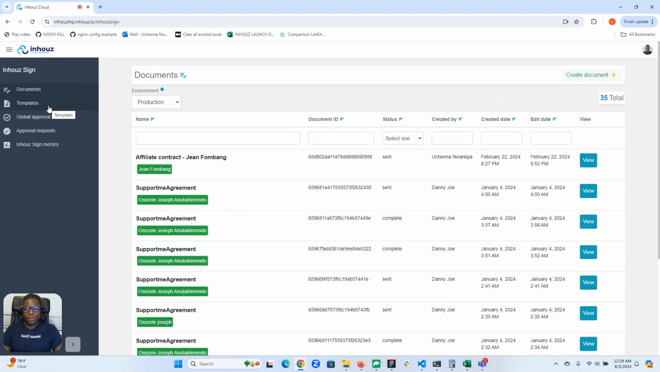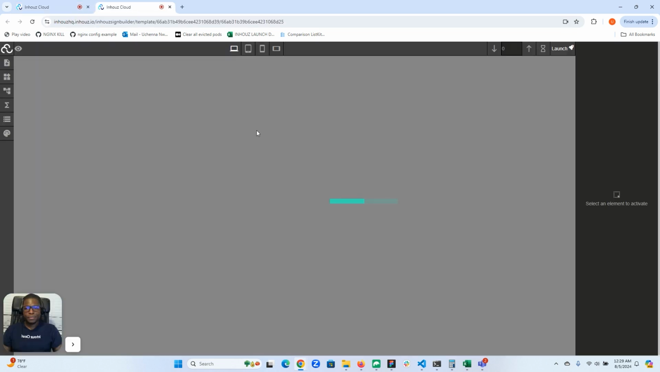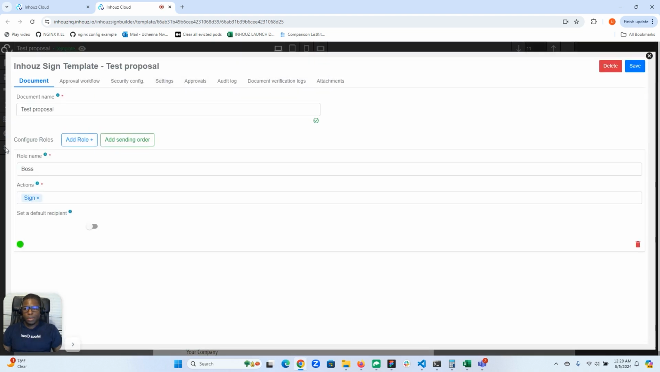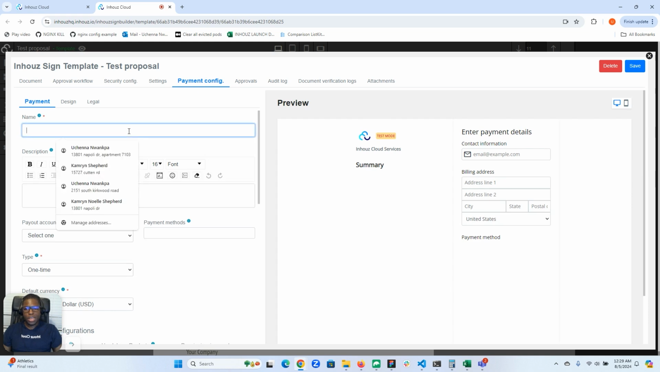So for this, we're going to be using a template. I'm going to go into my test proposal template really quickly. I'm going to jump into my template settings and go into the settings tab. Here I'm going to toggle on collect payments. In my payments configuration, I'm just going to put a name here, and I'm going to say test